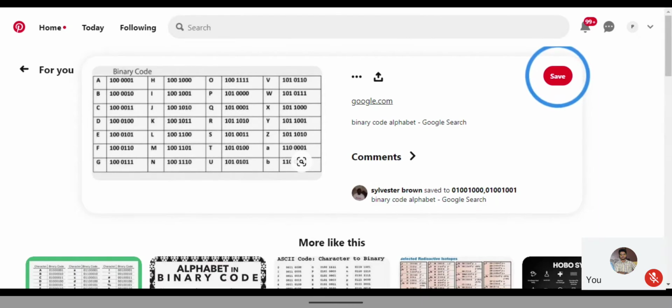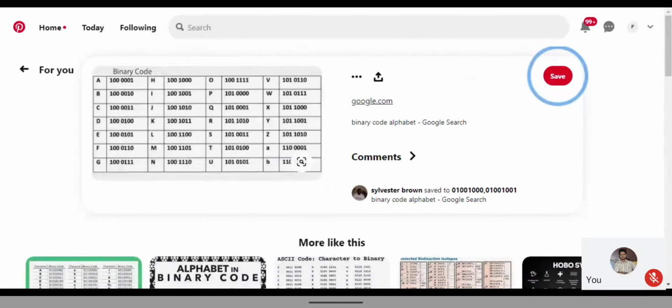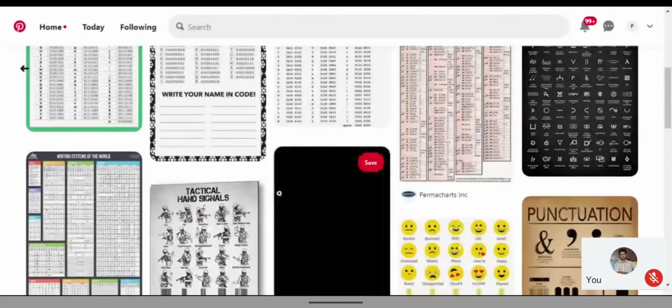The alphabets and everything are very basic, but when you are programming, it has to be correct. That's why the ICs, RAMs and these other things have to be bigger. For A the code is different, for B it is different, for C it is different. For small alphabets, there will be different codes from the capitals also. For number one there will be a different code, for number two also. Okay, I will show that also.